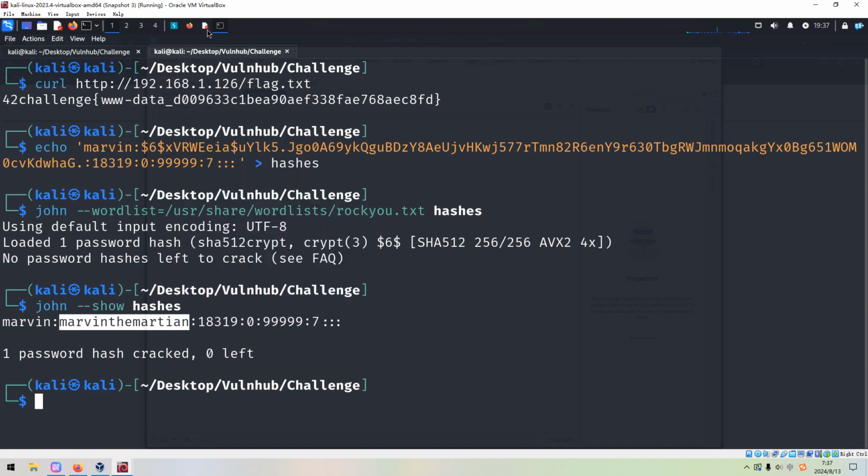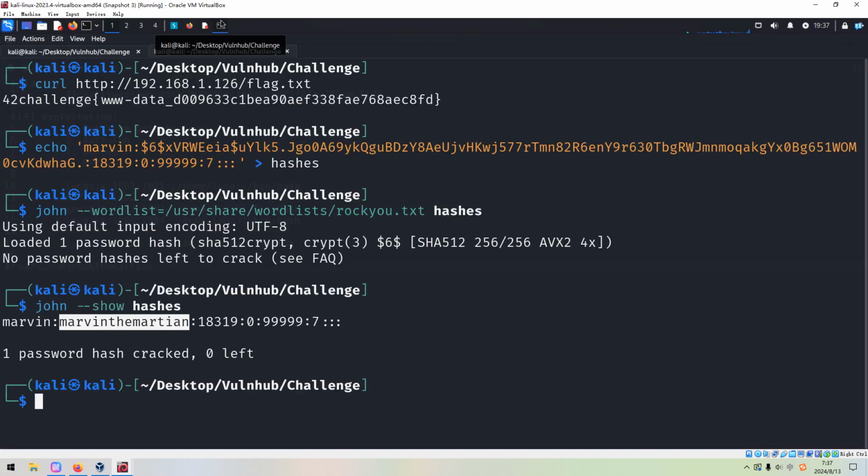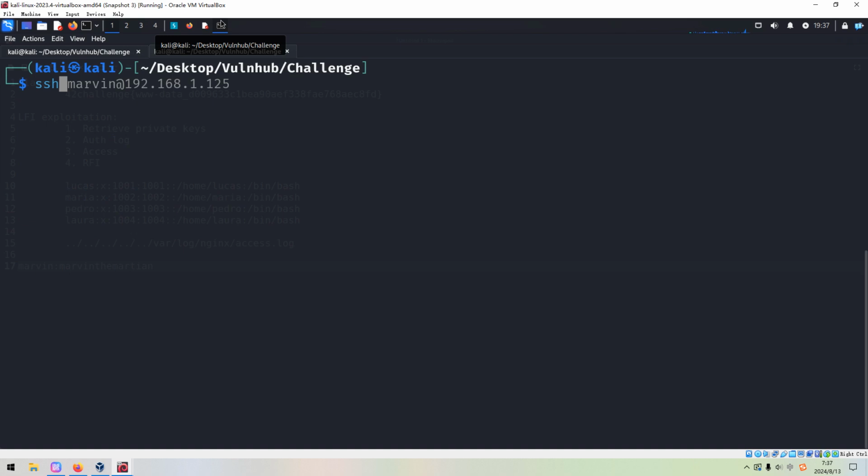We can copy, and so the username should be Marvin. So I think next we can use this credential to SSH to the target, right? And now we can use SSH.